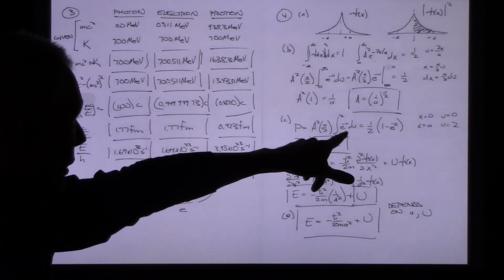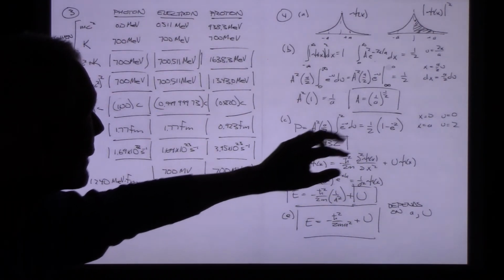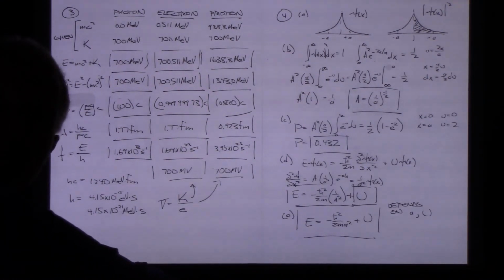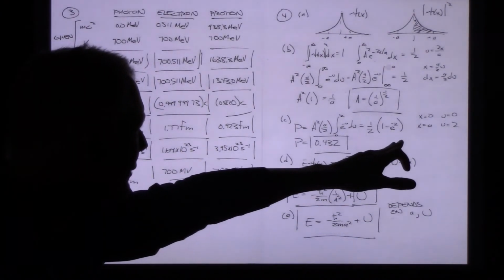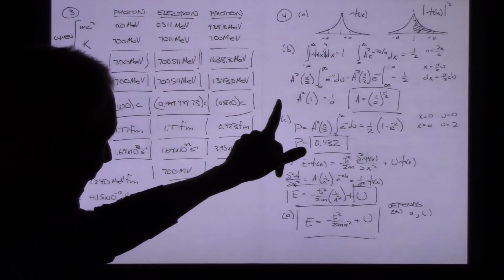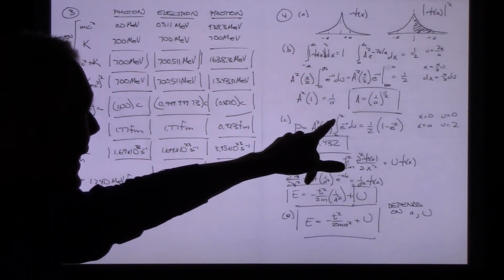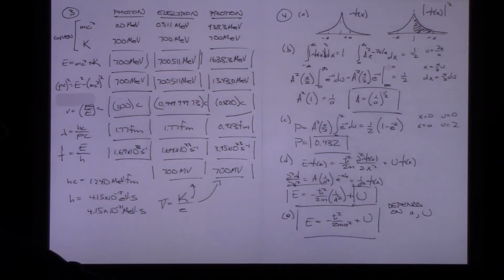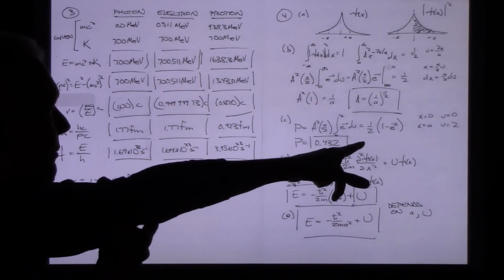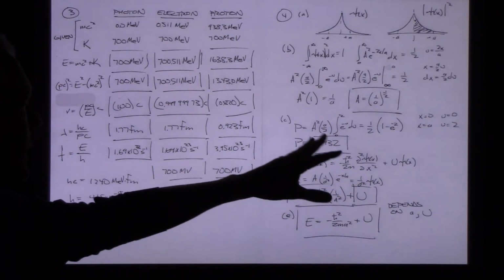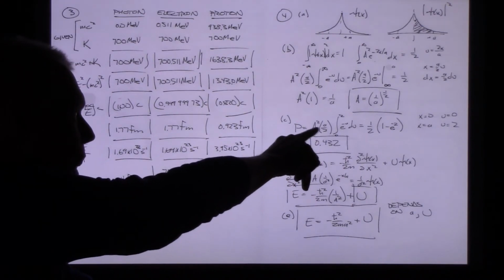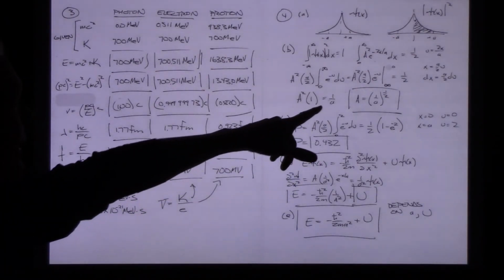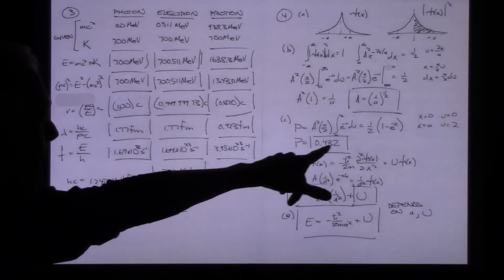And there's the integral. I'm going to evaluate it the same way. I'm going to get the e to the minus u and flip the limits of integration. So I'm going to integrate from 0 at the higher limit. That's going to give me a 1, and then integrate to 2, which is going to give me minus e to the minus 2. All right, and this time the 1/2 that factored out did not go away, the 1/2 that I ended up with from here. So the a squared and the a out front, those are going to cancel. We already solved for the normalization condition. So the probability here worked out to be